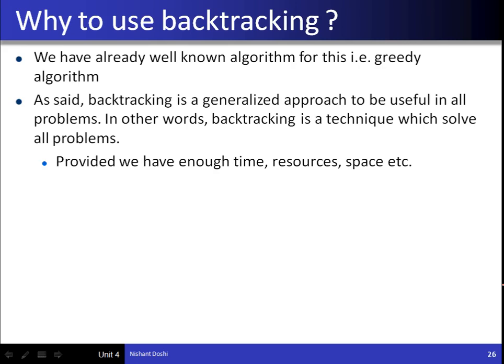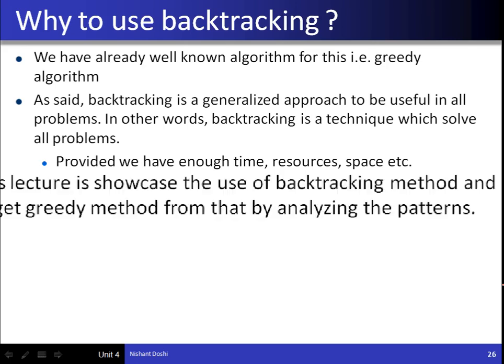So that's why, if we want to use only the backtracking method, then we have to deal with much more time and resources. The other advantage of using backtracking is that in some problems where other techniques fail or are not efficient enough to give you the exact answer, backtracking is able to give you the answer, but the problem is time. It will take much more time compared to other algorithmic techniques that give you the answer